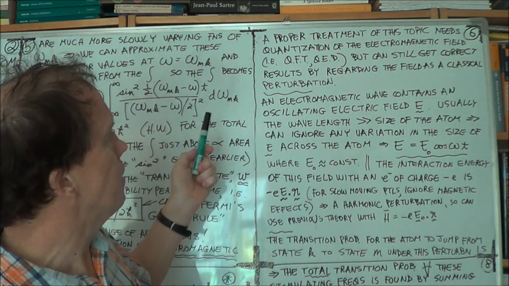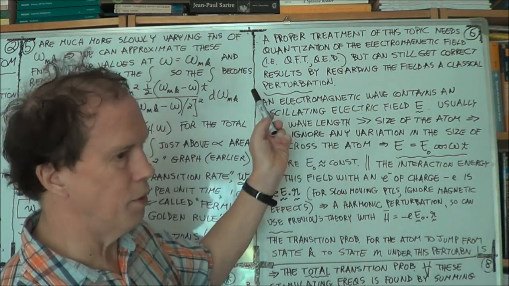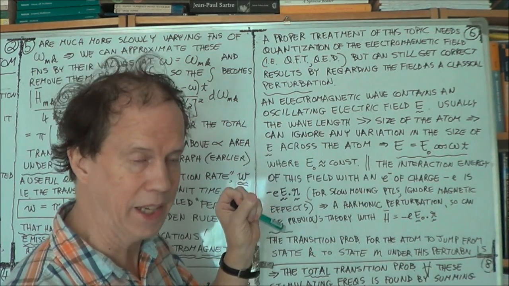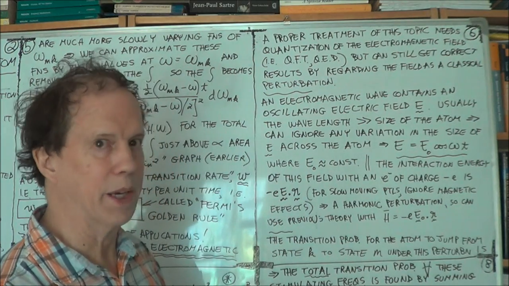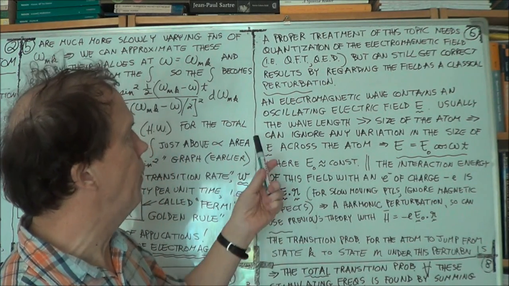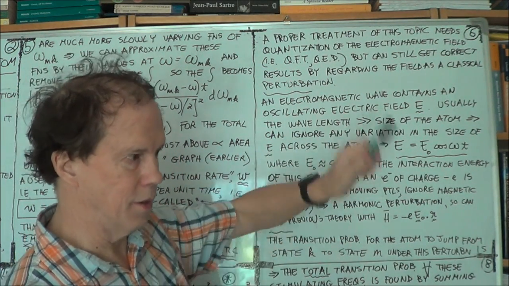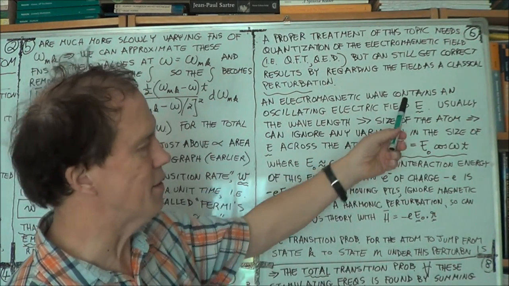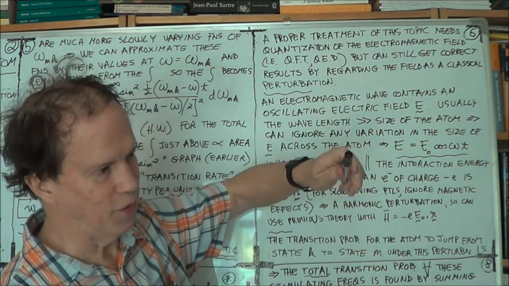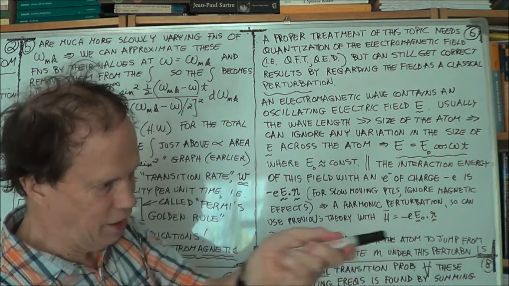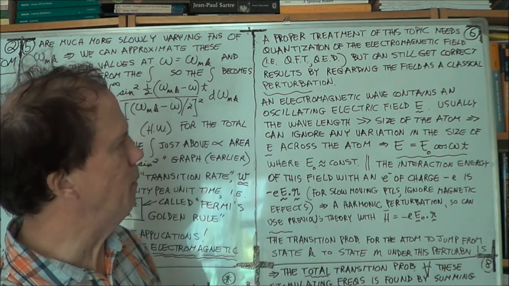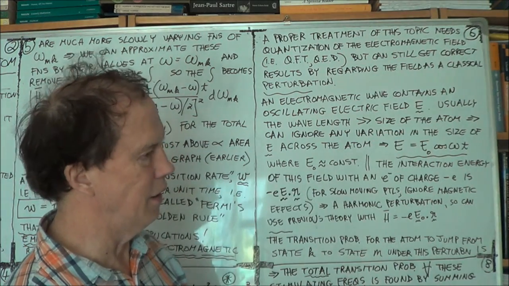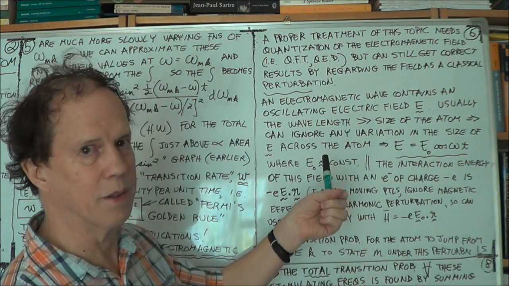So an electromagnetic wave. Think of the classical electromagnetic theory of Maxwell: an electromagnetic wave is just an oscillating electric field, let's say. Well, strictly, the electric field's oscillating this way, and the magnetic field's oscillating that way. But let's concentrate on the electric field, and let's say that the atom